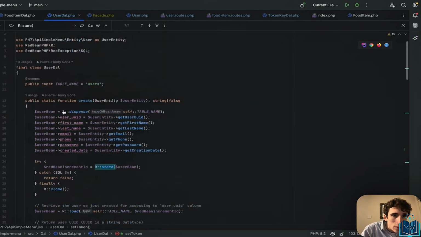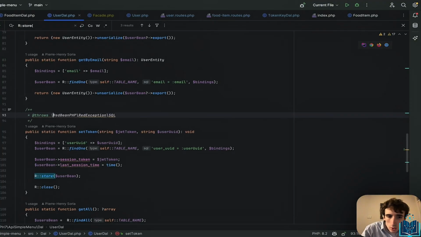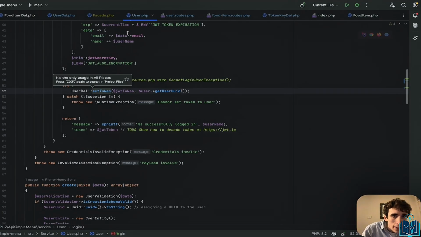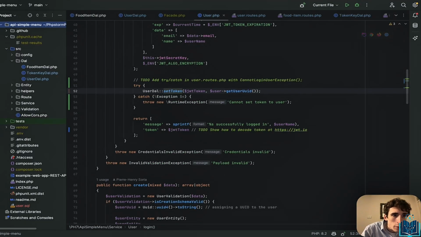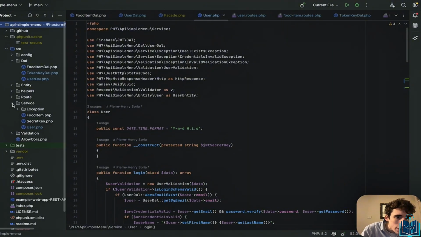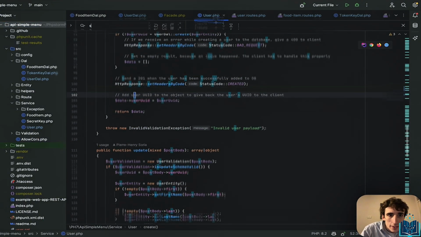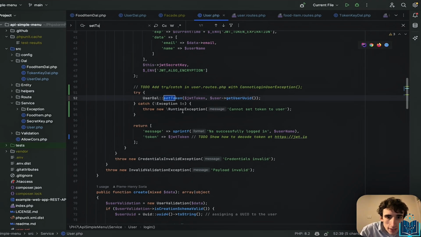So in our case, it's not in user.dll. I will just add this for the documentation, but we will catch this one in user. So in the user service, that's the namespace, you see service. So you just have to go to the src service folder, and in there set token, and there I will change this to RedBean. I will actually import,